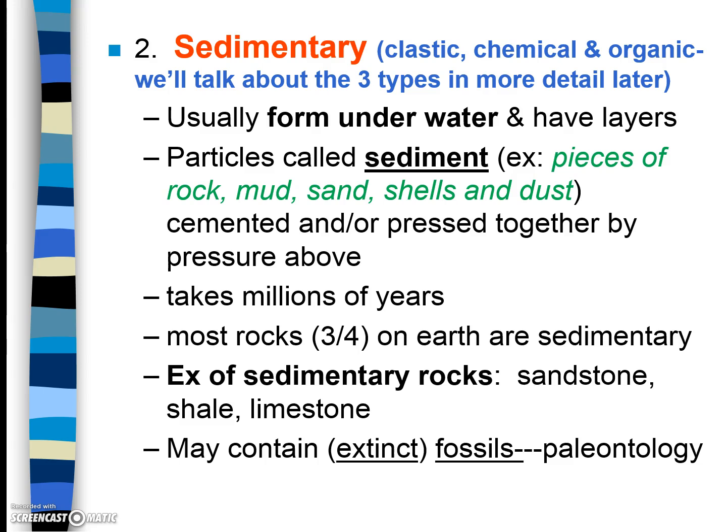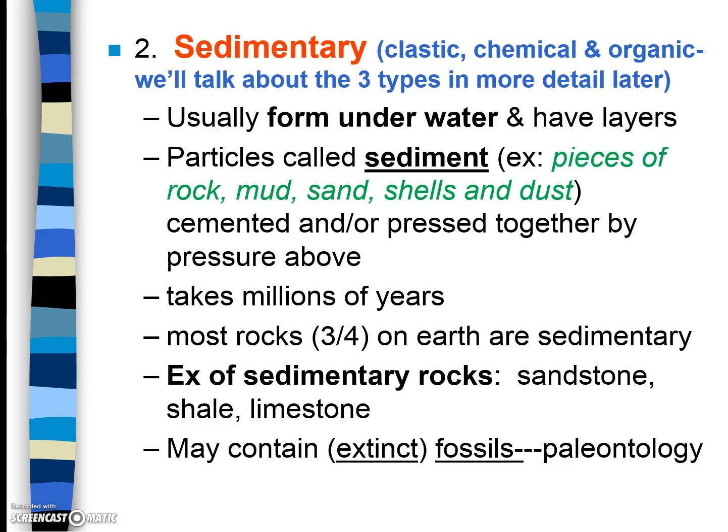The particles that are in sedimentary rocks are called sediments, imagine that, which are pieces of rock, mud, sand, shells, and dust. And they can be cemented or pressed together by pressure to make that actual rock. It takes millions of years for this to happen, which means that rocks are non-renewable, just like we learned a couple of weeks ago. Most rocks on Earth are actually sedimentary, and your examples of sedimentary rocks are sandstone, shale,